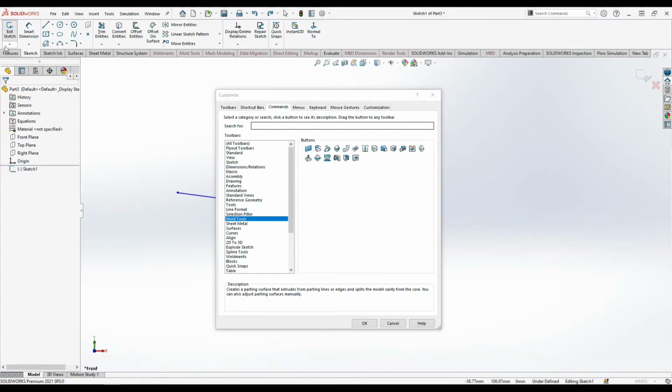In this sketch it is better, this is the sketch tab. Search for sketch, just click the sketch, press enter, and here you can see the sketch.